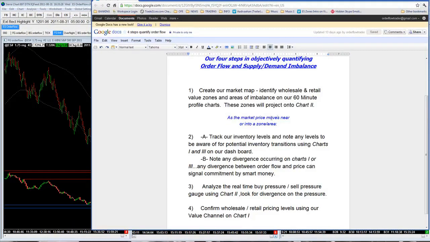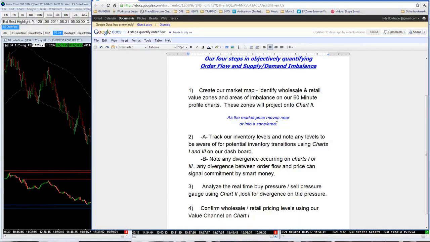Well, as the market moves near or into the zone, and even beforehand, you could start to think about what you want to see happen with the order flow to confirm that. Is the market going to be close to an inventory level? Odds are when it gets into that next zone, we're going to have an inventory transition. So that's what you're going to be keying in on at that point. You know where your zone is. Now you're keying in on that